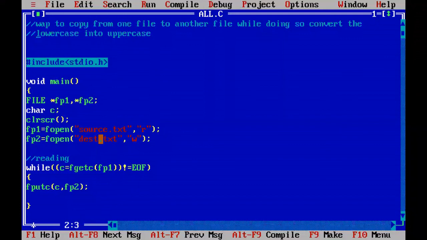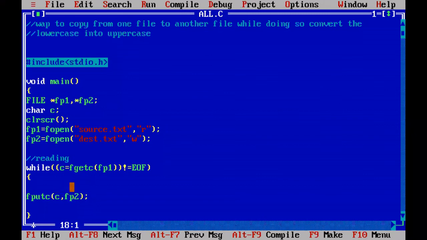This he asked. So you see here, we are reading one character into c, and we are putting one character into the second file pointer. We are reading one character from the first file and putting it into the second file.